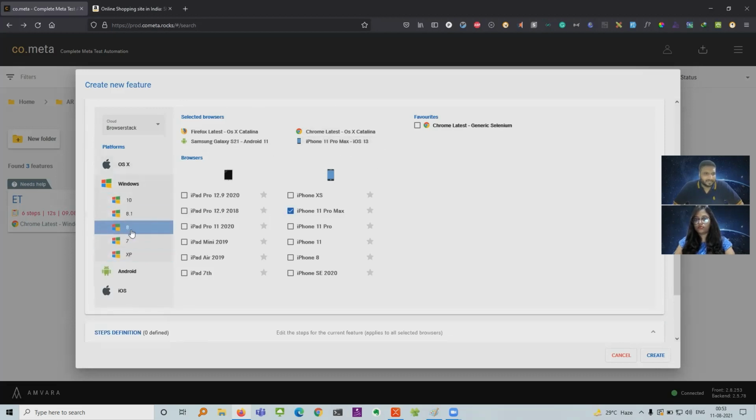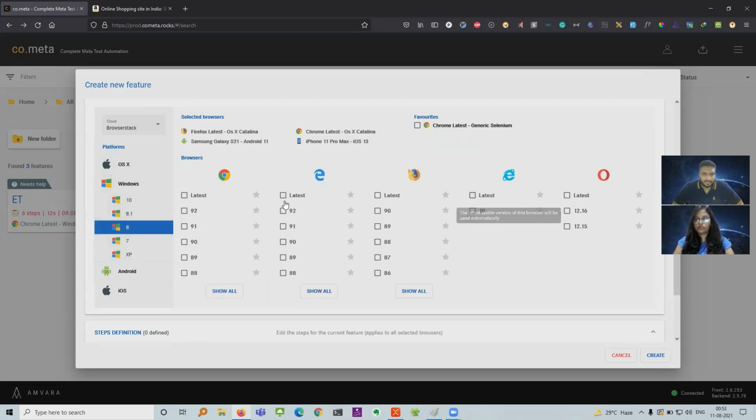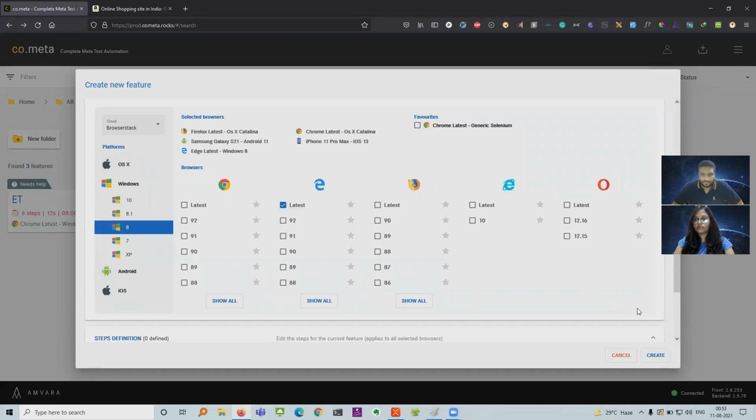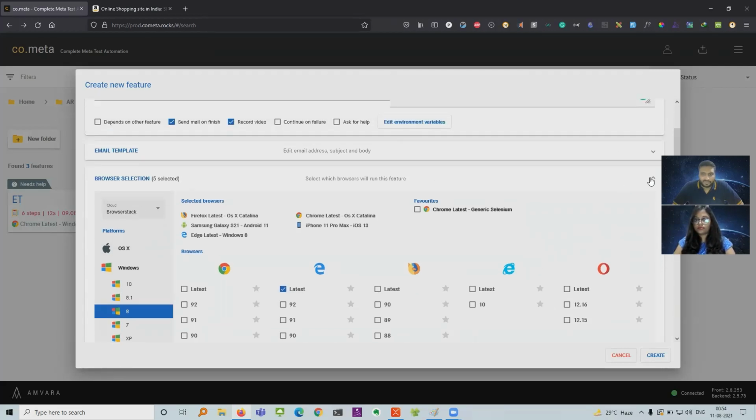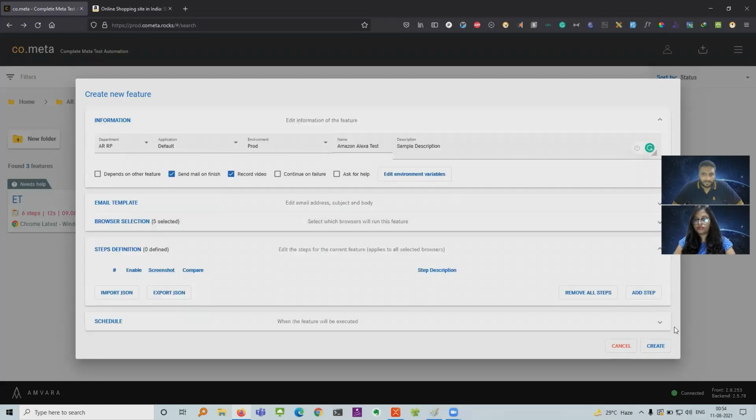I can select some other OS in Windows also, for example Windows 8 and maybe Edge. So that I can do. So I've selected 5 browsers. So we will see how they will run in a default mode. And in the steps definition,